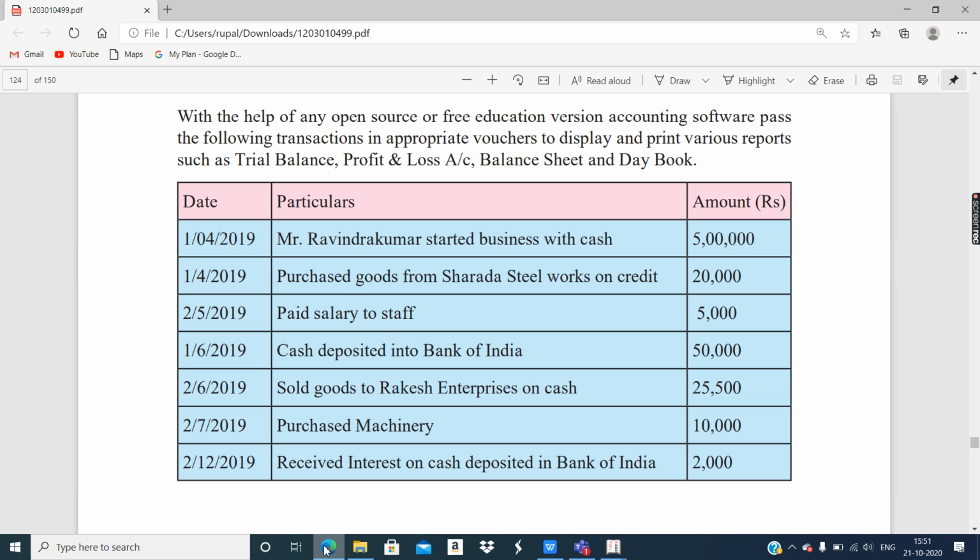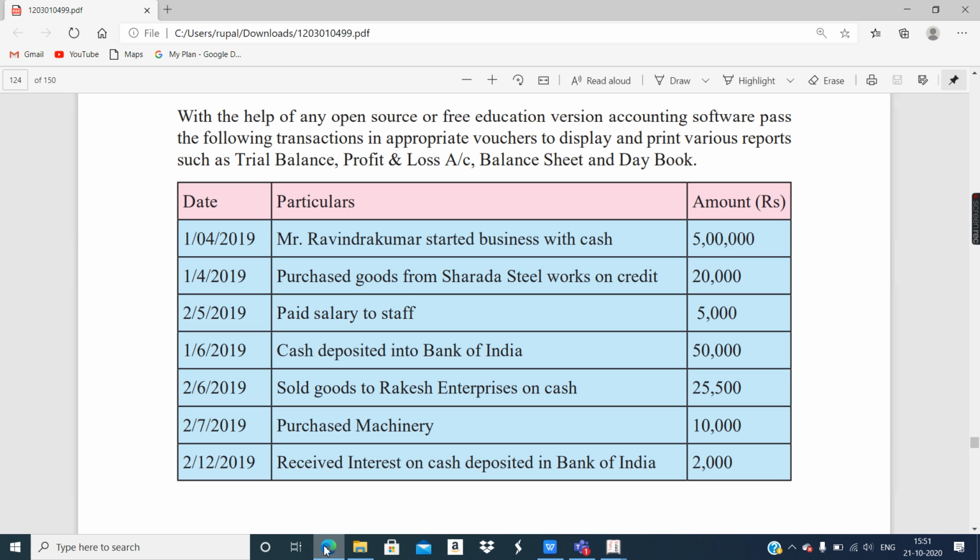So now there are two accounts, cash account and salary account. Money is flowing from where to where? It's flowing from the cash account to the salary account. Okay, so whoever gives, credit them, whoever receives, debit them. Money went from cash, so cash will get credit. Money went to the salary account, salary will get debit.